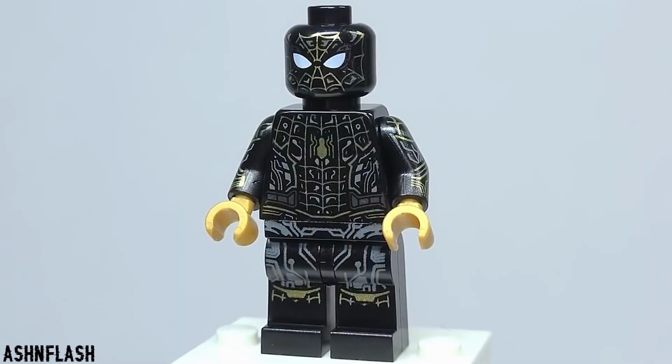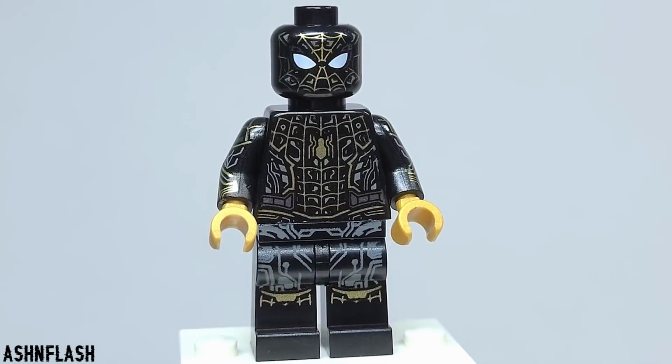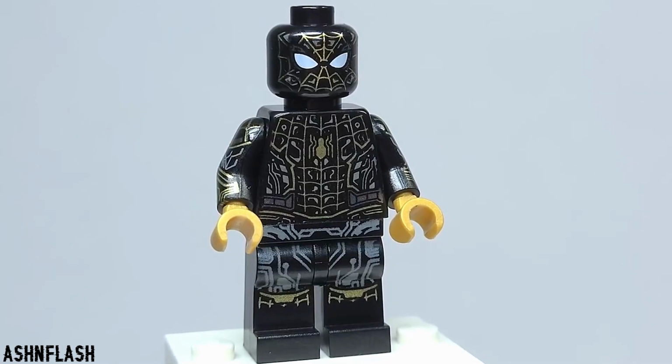But without that shameless plug out of the way, we have the Spider-Man black and gold figure here, and I think this one just looks excellent. Of course, it's kind of like his inverted suit from the film. That's not really a spoiler. We knew from Homecoming that he had the suit turned inside out, and we could see him working on it to take out the tracker, so that's what this suit is meant to be,